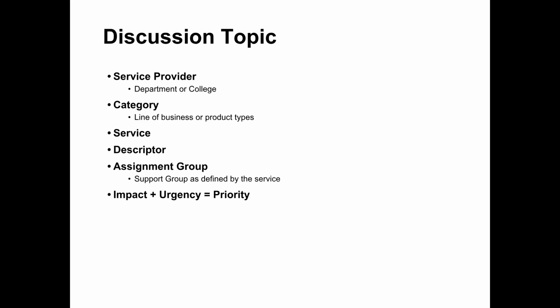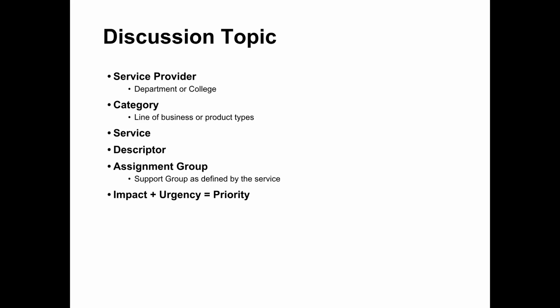And so we have things like the Office of the Chief Information Officer, Education, Human Ecology. They're their own service provider. The Office of Distance Education and E-Learning. These are all the different service providers. Now, underneath each one of those service providers, they each have their own category, or another way to look at it would be a line of business or product types. An example that we could use for that is under that category, we would have something like messaging and collaboration. So when we're looking at a service, it's got its provider, it's got its category, and then underneath that category or product type line of business, we would have the specific services.